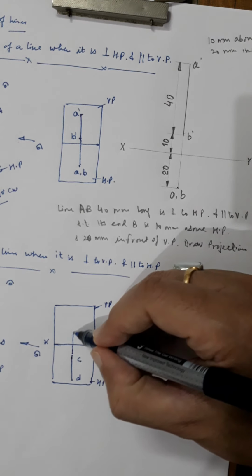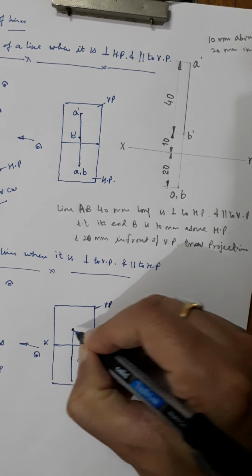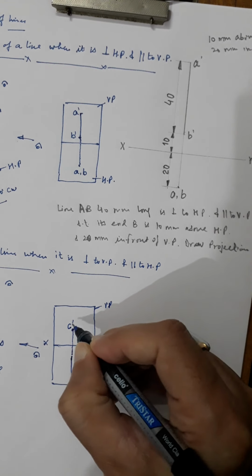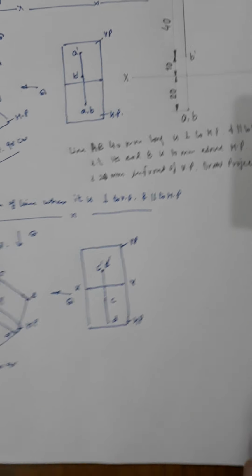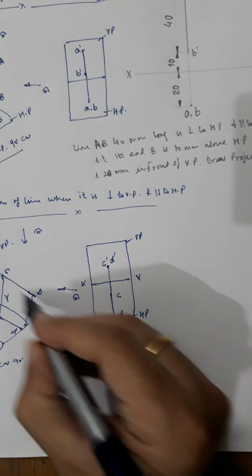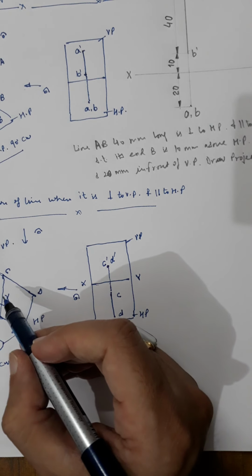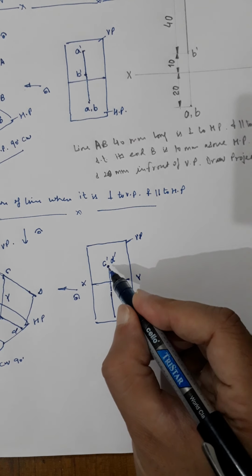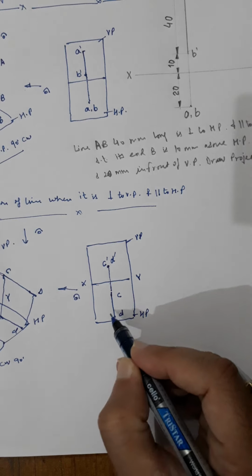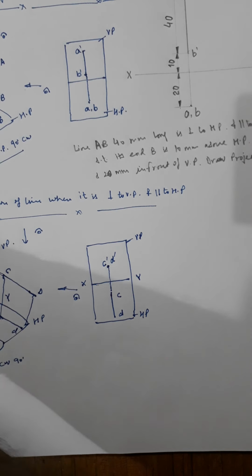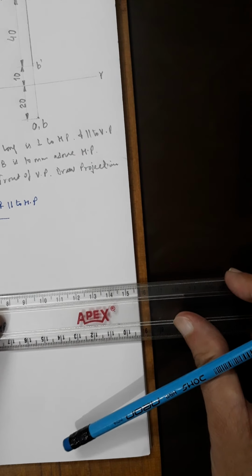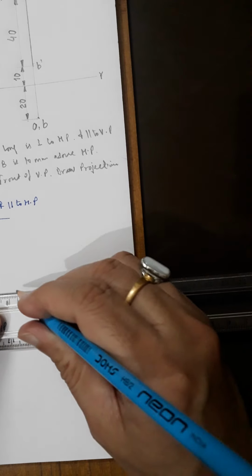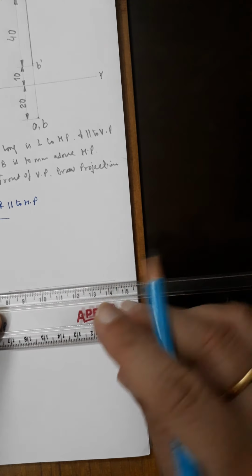You can extend this with the projection line, and then in the front view C and D will coincide, because while seeing from this side, C and D will coincide. Okay, so it will be simply a dot. This is the front view and this is the top view. Now how can you represent this on your sheet? Now I will draw it. Again I will use this XY line. Always draw the XY line first.